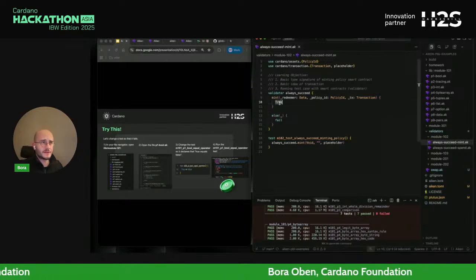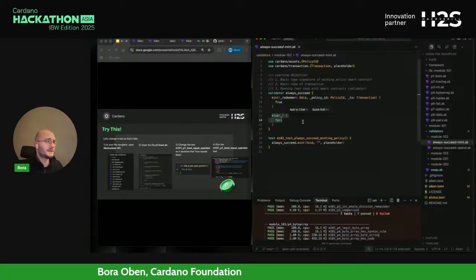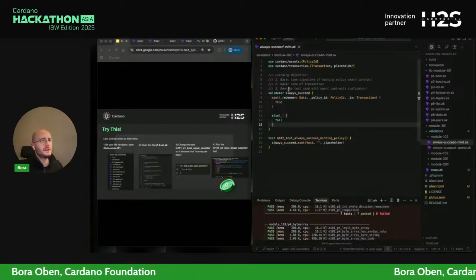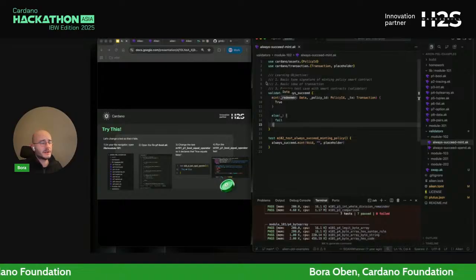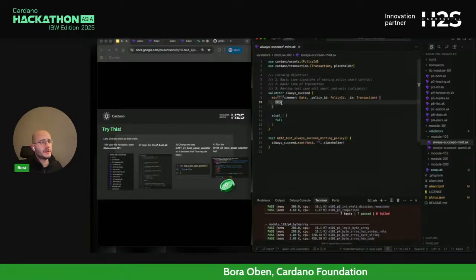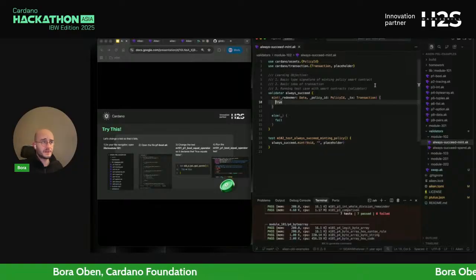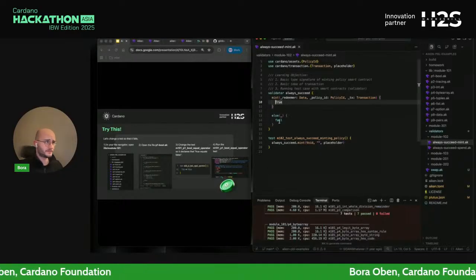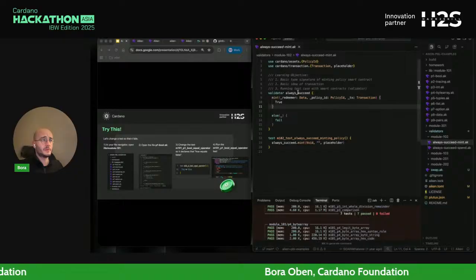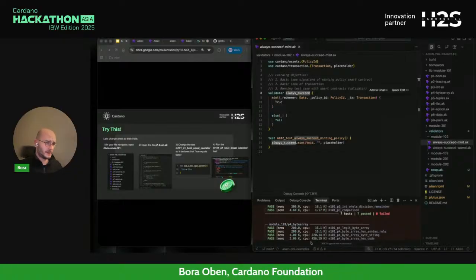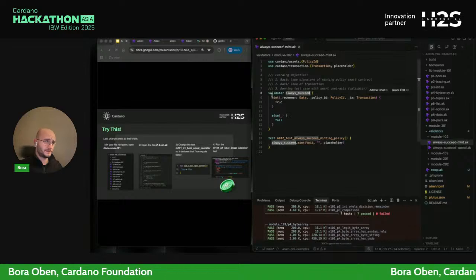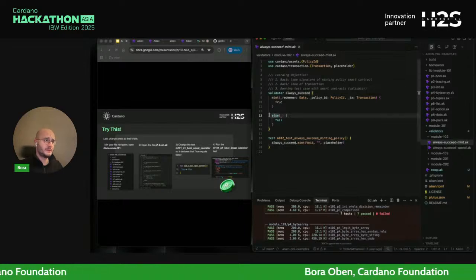And then that's followed by a true statement and an else. So what you see over here is just an empty smart contract, where there is no logic yet. There are no conditions for this smart contract to execute on, so it will always succeed. This is why it's named always succeed here. Maybe we'll do a deeper dive into this else thing a bit later.